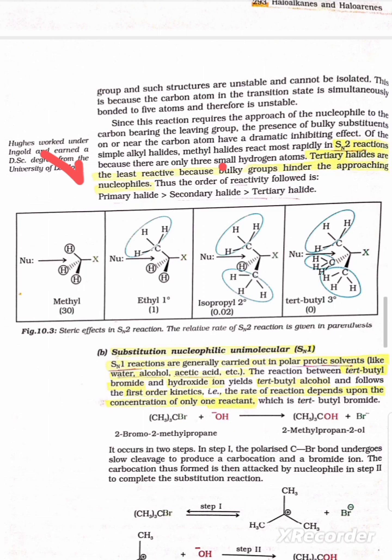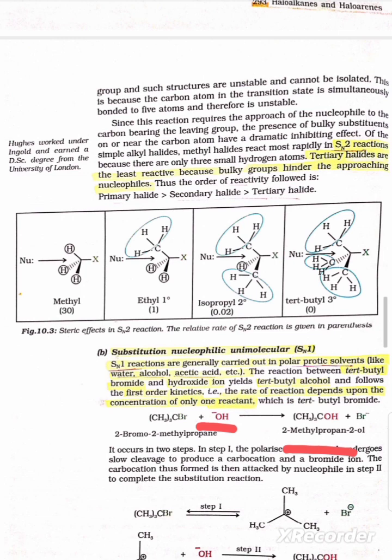They are less reactive, whereas SN1, the unimolecular nucleophilic substitution reaction, is carried out in the presence of protic solvents. Examples of protic solvents are water, alcohol, and acetic acid. And here we can see tertiary butyl bromide, on reacting with a nucleophile, forms tertiary butyl